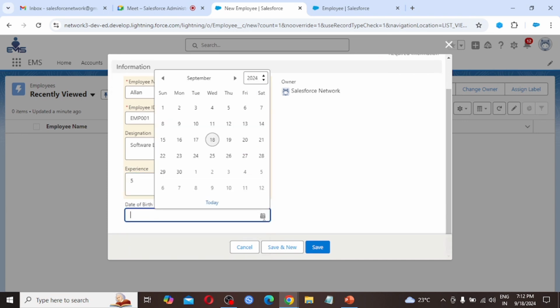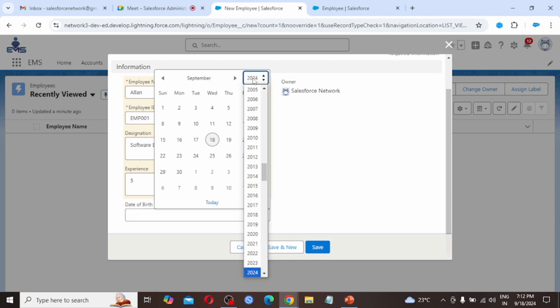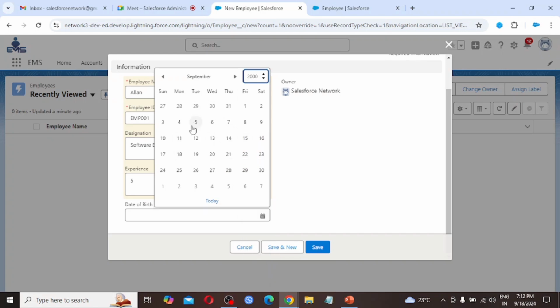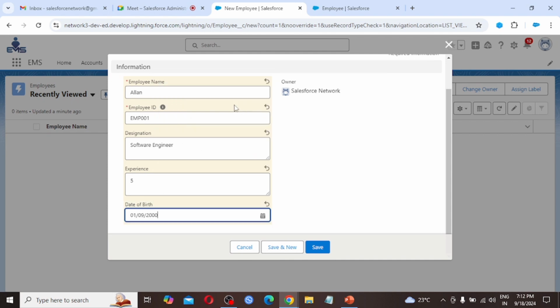Date of birth, clicking on this year, a random date of birth I am taking, 1st of September 2000. If we need to create one more record right after this one, we have to click on save and new. If we are going to create only one record, we have to click on save, and if we don't want to create this record, we have to click cancel.